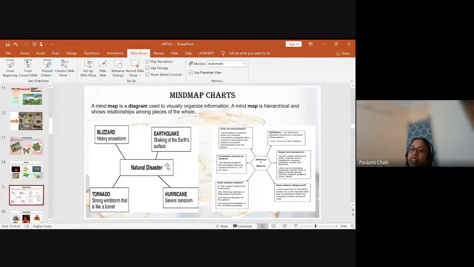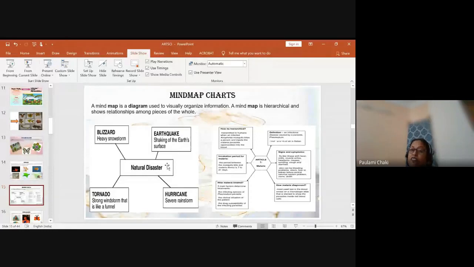Then in grade 9, there is one lesson called Is Matter Around Us Pure. Different separation techniques we teach them there, right? Those separation techniques, they can always make a mind map, because otherwise when they are studying centrifugation, distillation, fractional distillation, sometimes they get confused. So you can ask them to make a mind map. And that mind map actually helps them to remember all the different techniques and not get confused also.